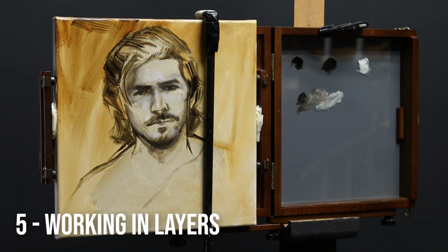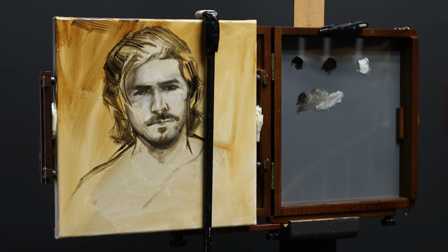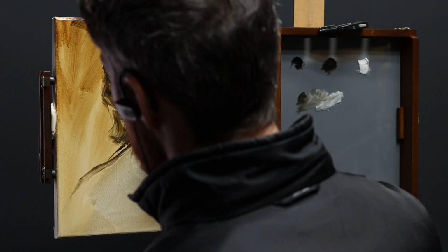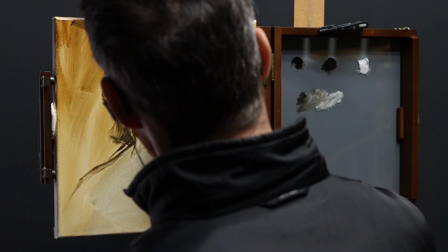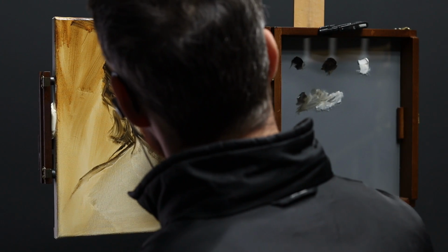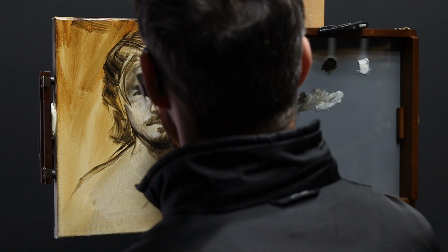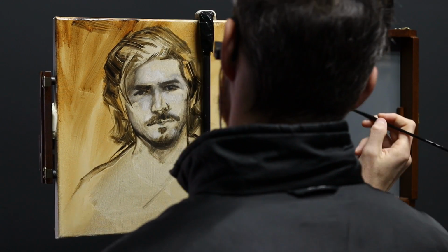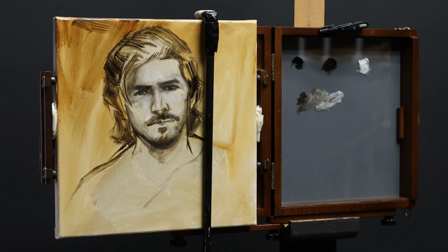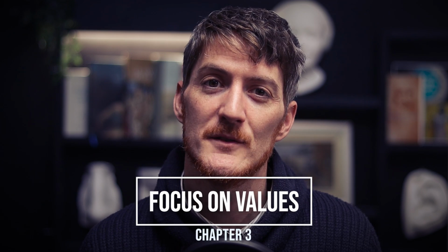And the greatest benefit is working with multiple layers. Working wet on dry is a real benefit. This means that you have more time to build your painting little by little, one layer at a time. And this can be great if you begin and you're afraid to make mistakes, or if you want to paint a particularly complex project. The real strength of the grisaille technique is that it is entirely based on values,